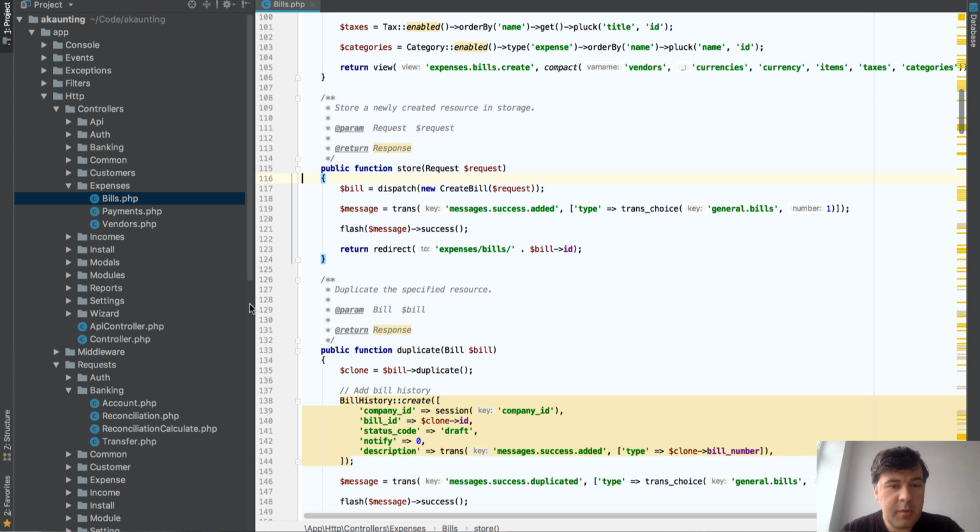Next thing I want to talk about is jobs. So folder jobs, or jobs classes that they dispatch here in the package accounting. And the example is in controller expenses bills in store method. So create a bill. For that they chose the